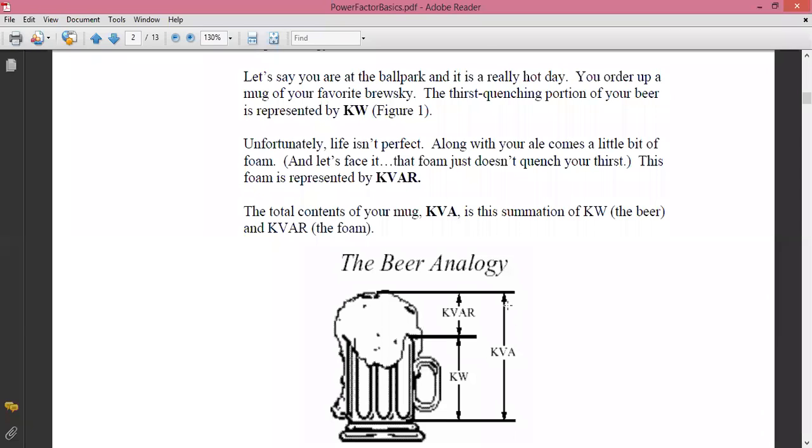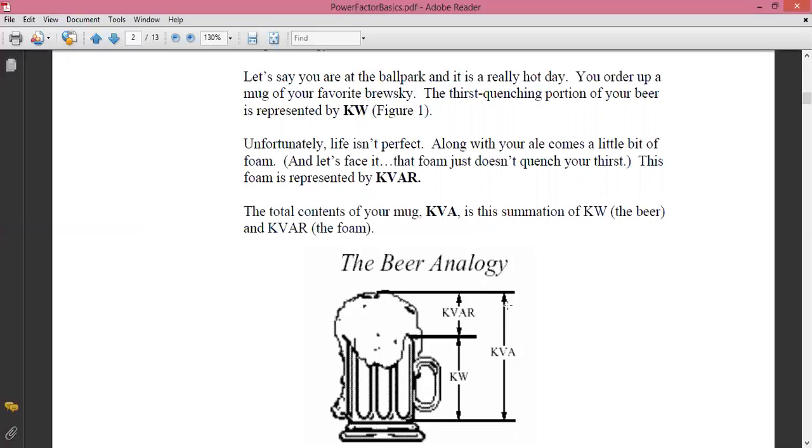So again, I can tell you, if you take a beer mug, in that beer mug, the liquid, the beer which is present in the beer mug is basically the actual liquid that can be used to quench your thirst. It is your active power, that is kW. In addition to that, there is foam or a gas present. That foam is not useful for quenching thirst, but it is a part of that power and that beer, and this is called your kVA power.